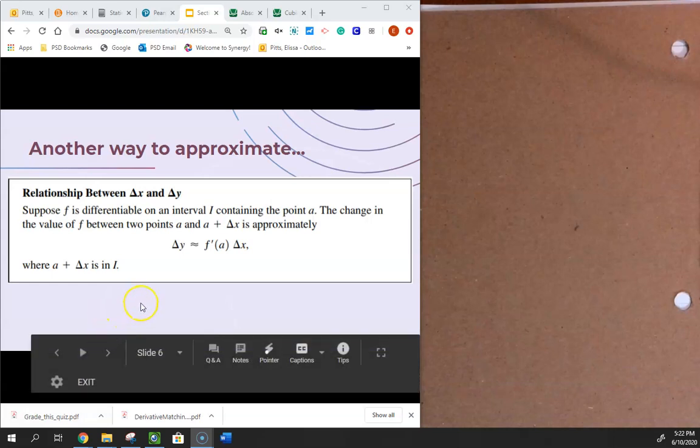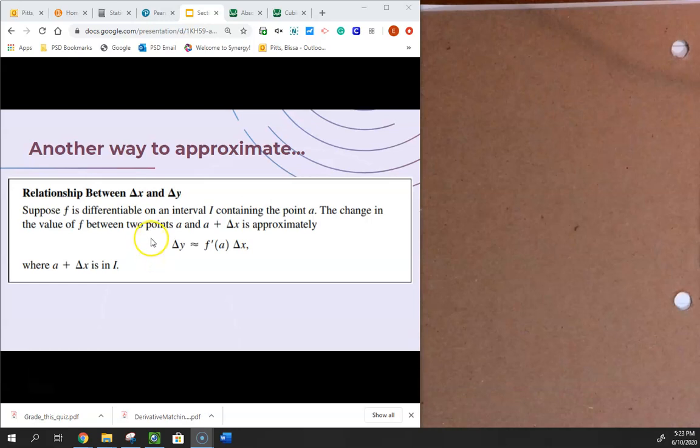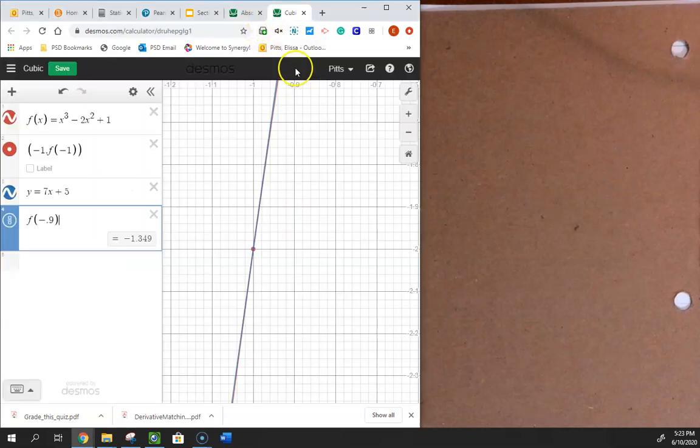Another way to talk about the derivative and use it as an approximation is to, instead of finding actual function values or approximate actual function values, we may just want to know how much the function is changing. And so we use the derivative, and if you divided by delta x on both sides of this, you would get delta y over delta x is approximately equal to f prime of a. And what this is saying is that the slope is, if we're exactly at a, the slope is f prime of a. But once you move off of a, move off of that x value,